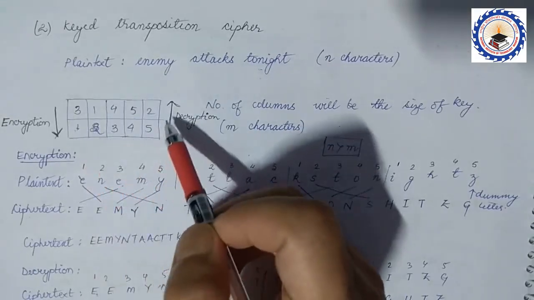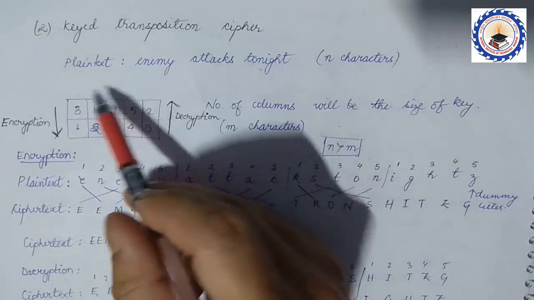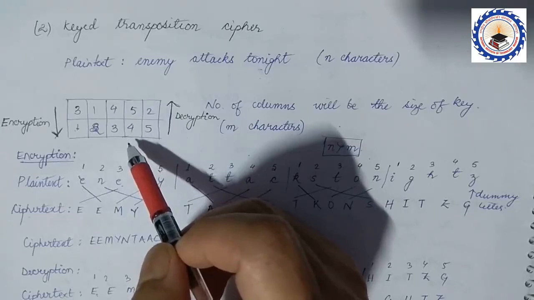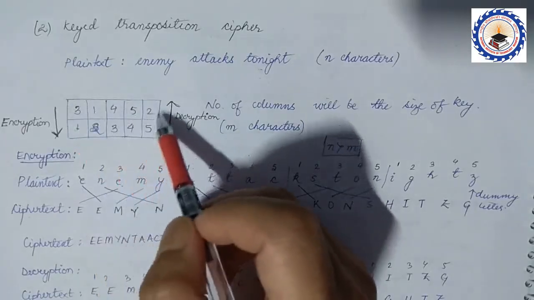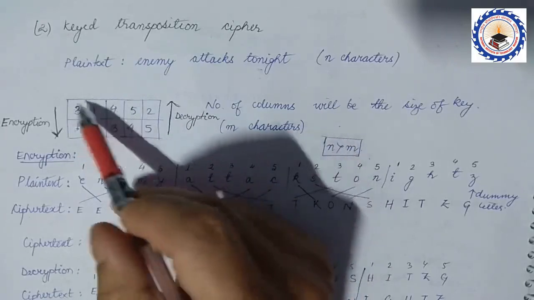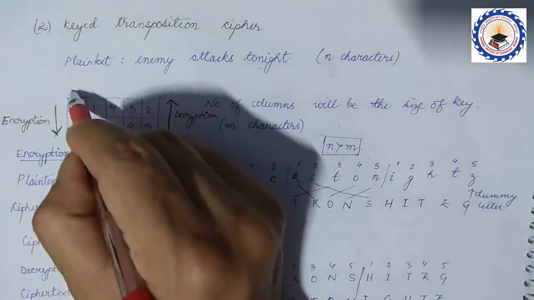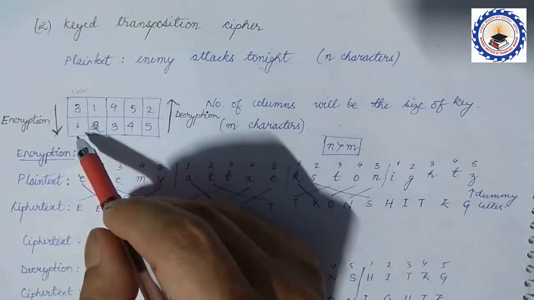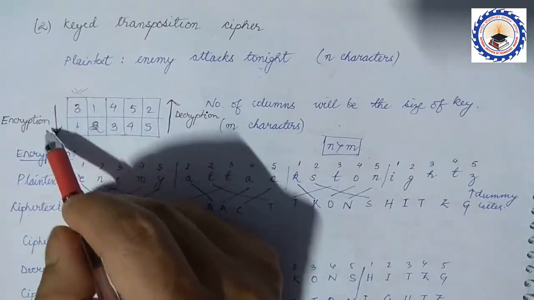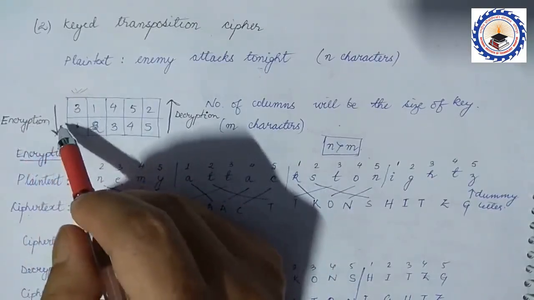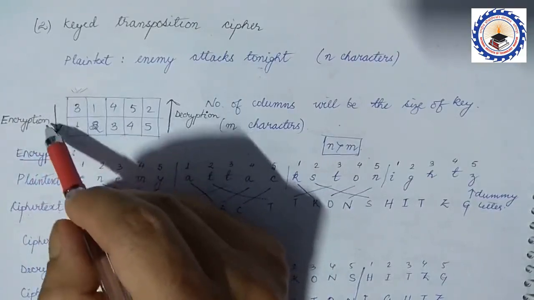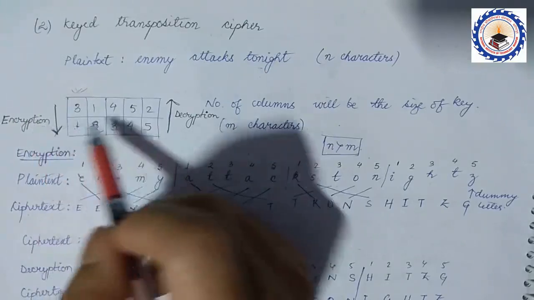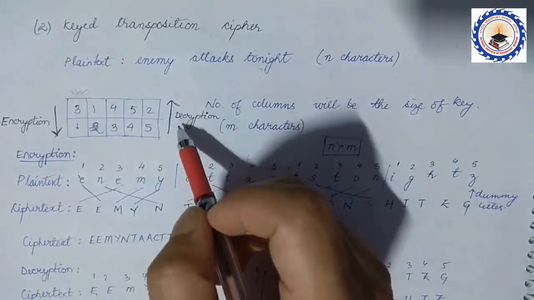We are only permuting the positions of the plain text. We are not adding or inserting any other additional text here. In that given plain text, we are only changing the positions with the help of this given key. So by the help of this given key, we are only shifting or changing the positions here. This downward direction depends upon the question. It is not restricted that we must always use the downward direction for encryption only. The question will tell you what to use, either the downward positions for encryption or the upward positions for the decryption